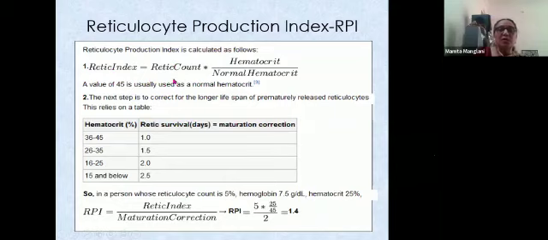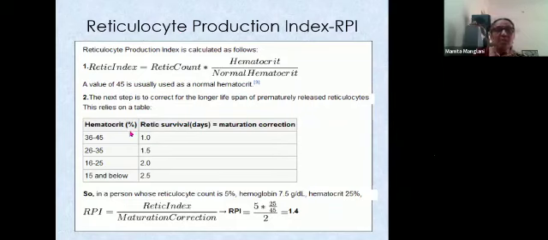So for the corrected retic count, say I have a patient with a hematocrit of 25 and the retic count is 3. I multiply 3 by 25 over 45. So 5 by 3, it comes to something like 1.6. So it was 3 and I was thinking it is high, but 1.6 is normal. So it is not really high, and therefore we are not suspecting hemolysis, and we do not have a clear answer to whether the patient's bone marrow is producing adequately or not.